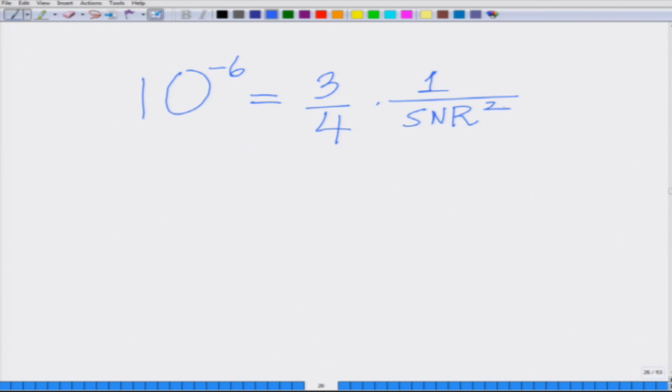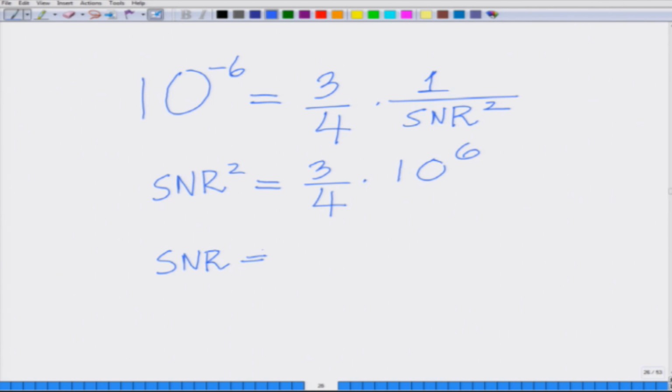So, I have 10 to the power of minus 6 equals 3 by 4 times 1 over SNR square, which means SNR square equals 3 by 4 times 10 to the power of plus 6, which means SNR equals the square root of 0.75 times 10 to the power of 6, which is basically equal to